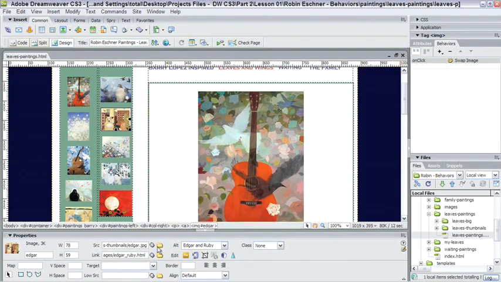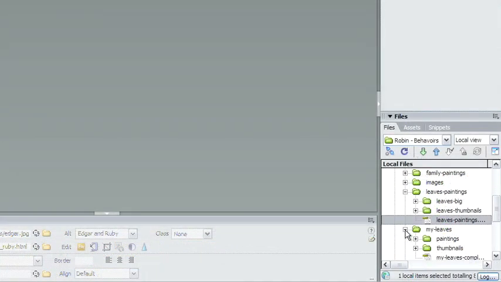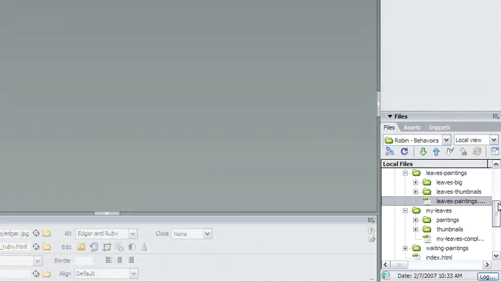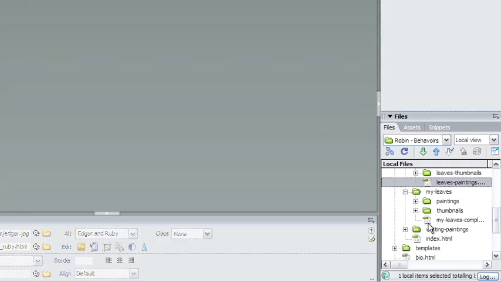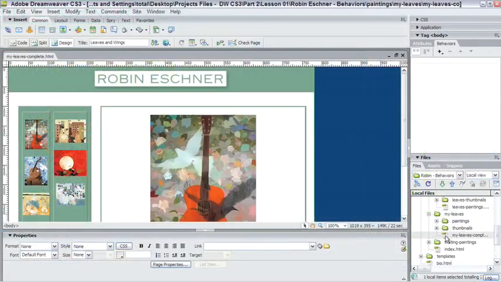Now let's explore another behavior. I'm going to close out of this file, and I want you to open the folder called My Leaves. Double-click to open the My Leaves Complete page, and you may remember that we designed this page in Part 1